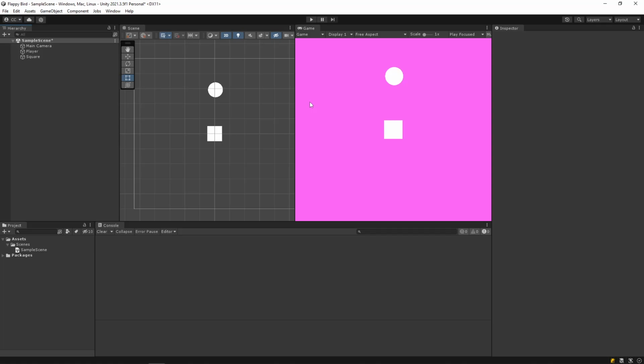Okay, so let's see. Now we can actually start to make this look a little bit more like Flappy Bird. And what we can do is change the texture on this player and square to make it look like a bird and pipe, respectively. Maybe even slap a background there. Sound good? So I'm actually going to give you this link in chat. This is the downloads to all of the stuff that we'll be using in this project, some sounds, scripts, images. So that's in the room chat and Gather.